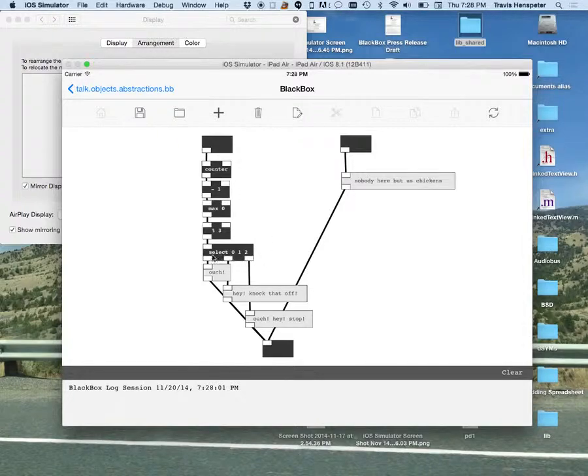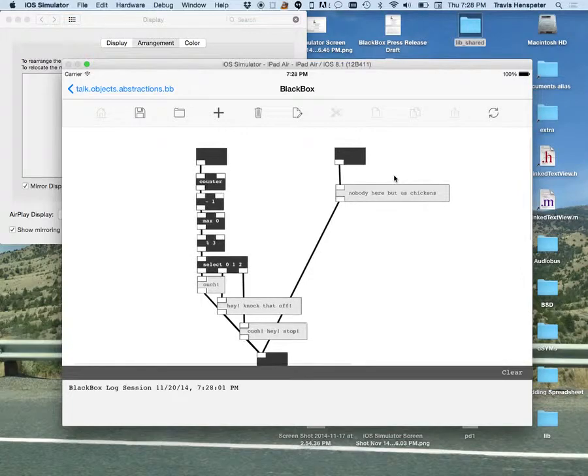We have this select box, which sends out a bang when it gets a particular number, and that's how we get that repeating sequence of ouch, hey, knock that off. Whereas on this side, we just have a single message. So anytime you send an event into that inlet, you're going to get nobody here but us chickens,